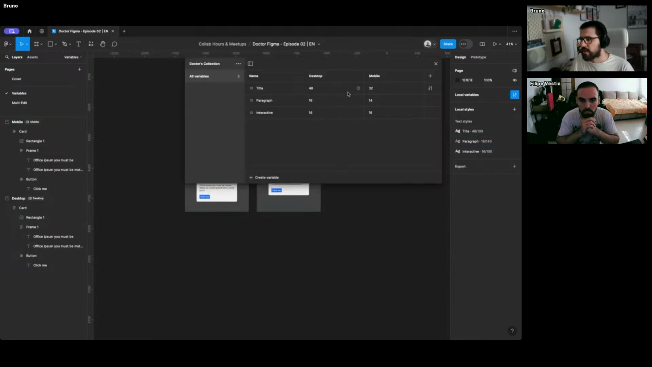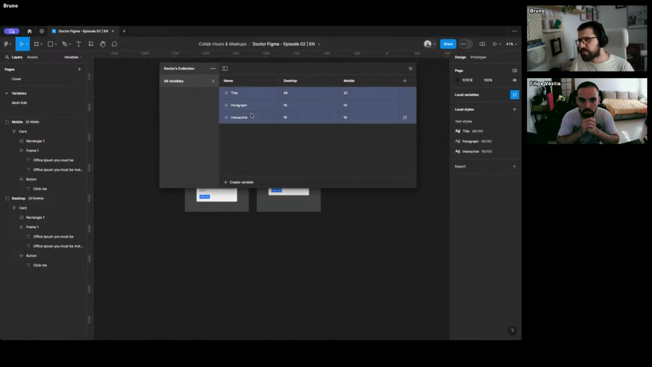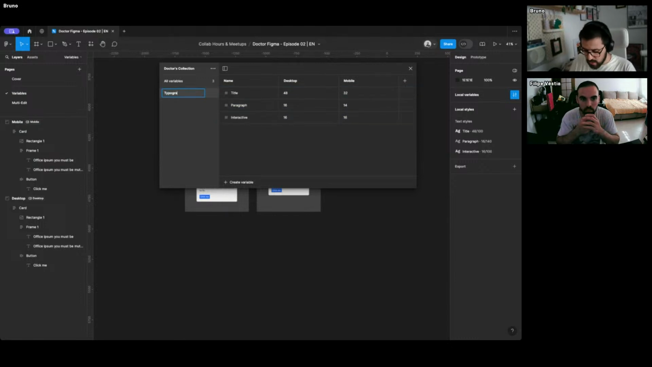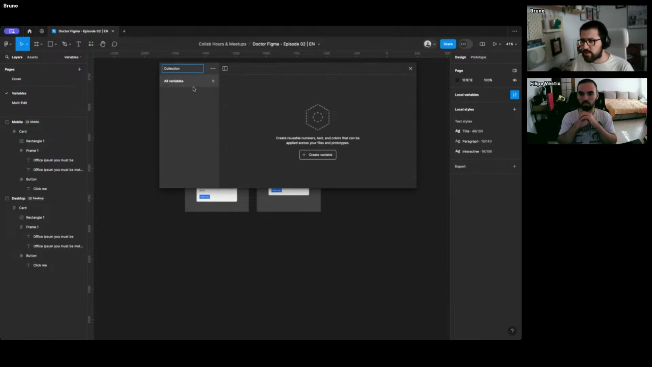So we're going to go back to the variables. I'm just going to select all of these 3, and you can actually group them into subcategories. So I'm going to call these typography. And now we're going to do a different thing. We don't want to change by desktop or mobile, so we're going to create a new collection. So we're going to go to more options, create collection, and in this one, we're going to call it brand